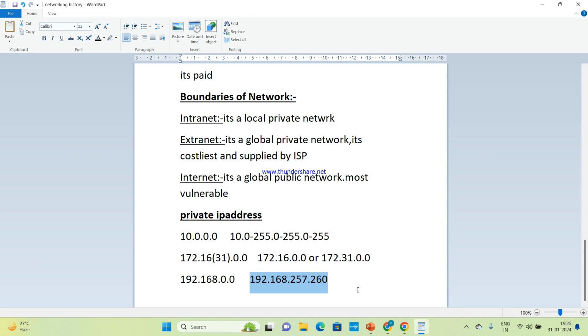So, in each octet, it can carry only the numbers from 0 to 255. Here it's 256, so it's an invalid IP address. It cannot be more than 255. So it is neither private nor public. It's invalid. Clear?